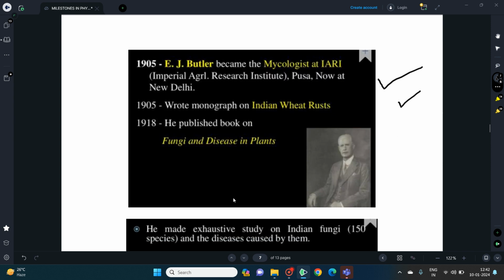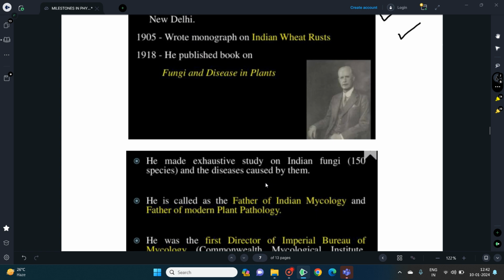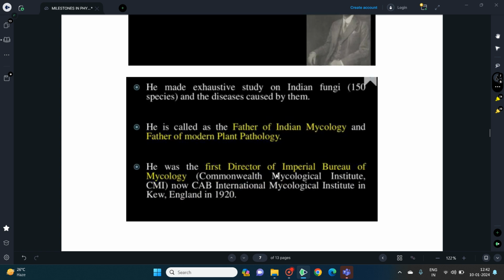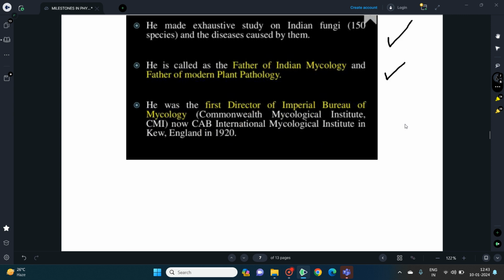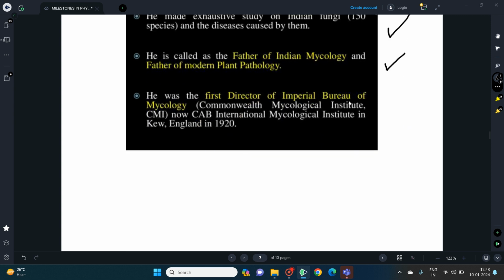In 1918, he published a book on fungi and diseases of plants. He made an exhaustive study on Indian fungi, 150 species, and the diseases caused by them. He is also called the father of Indian mycology and father of modern plant pathology. He was the first director of the Imperial Bureau of Mycology, that is the Commonwealth Mycological Institute, CMI, and now it is CAB International Mycological Institute in Kew, England,